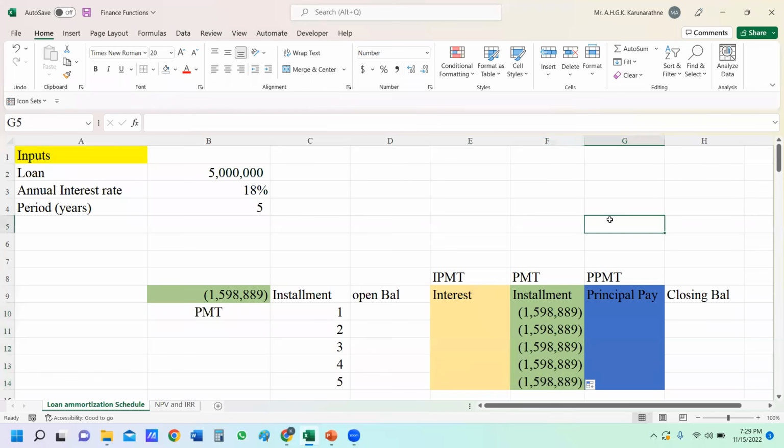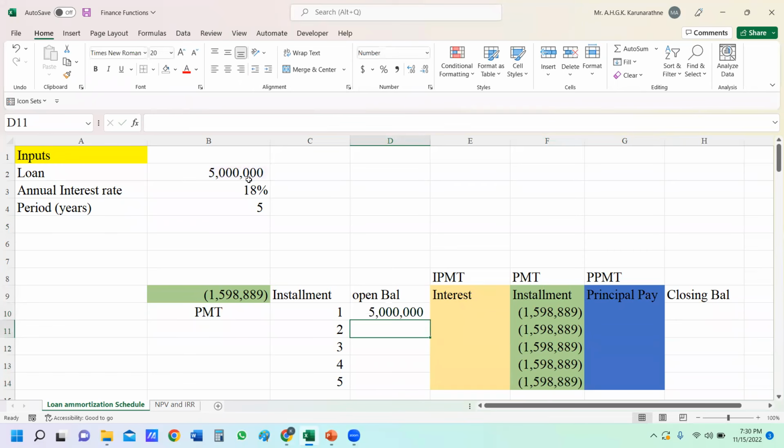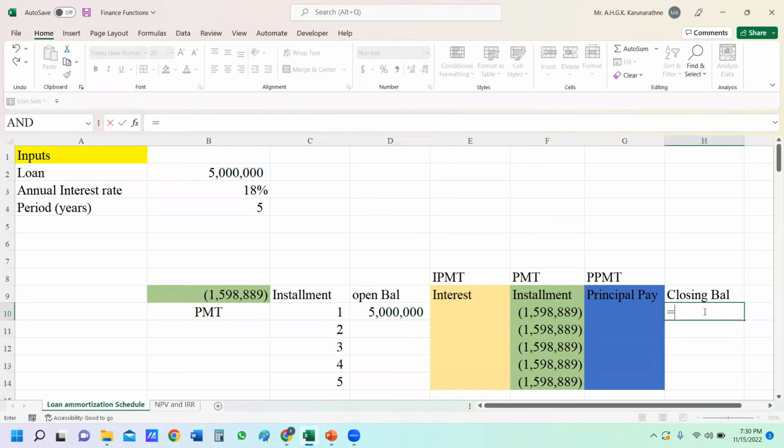Then we need to have interest payment and principal payment. Open balance can be directly put in. My open balance means this open loan balance. Open balance we got. Closing balance also can be very simply taken. Open balance, my